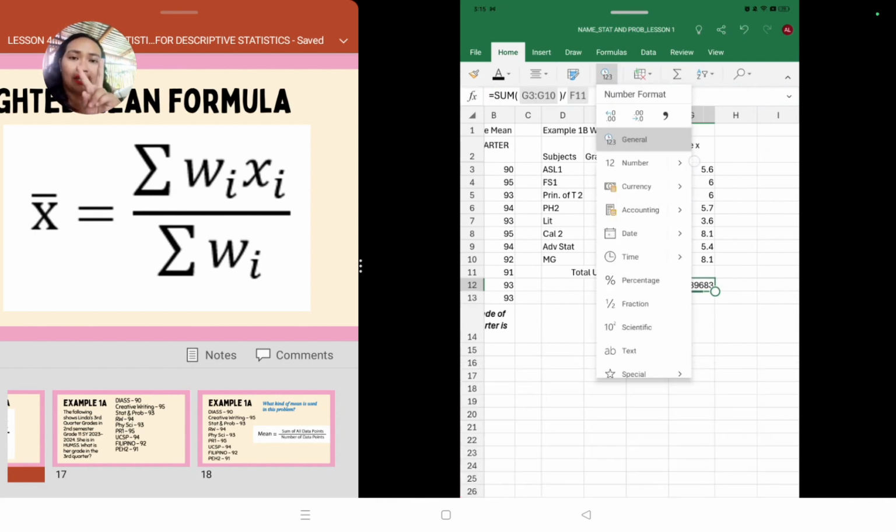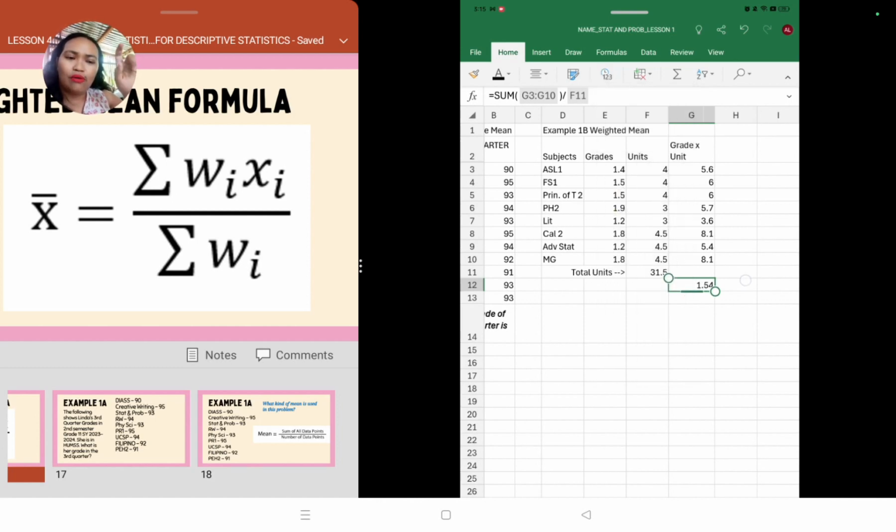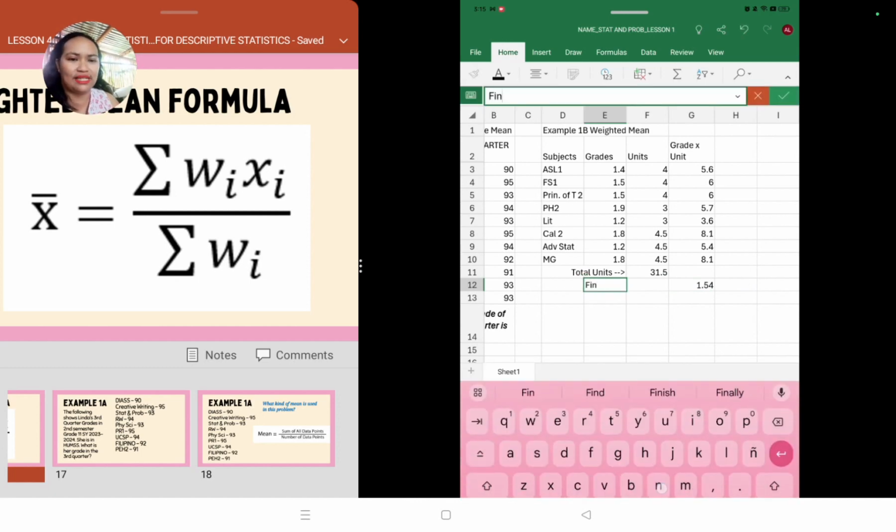Ganahan ko makakita 2 units lang. Unsa mo na siya, i-click niyo ang cell, i-click si number format, then ay mga arrows diha. To the right ang arrow para makuhaan tong daghan kayong decimal. So as you can see 1.54 na siya. Meaning Ariel's first semester midterm grade is 1.54. Final midterm grade first semester